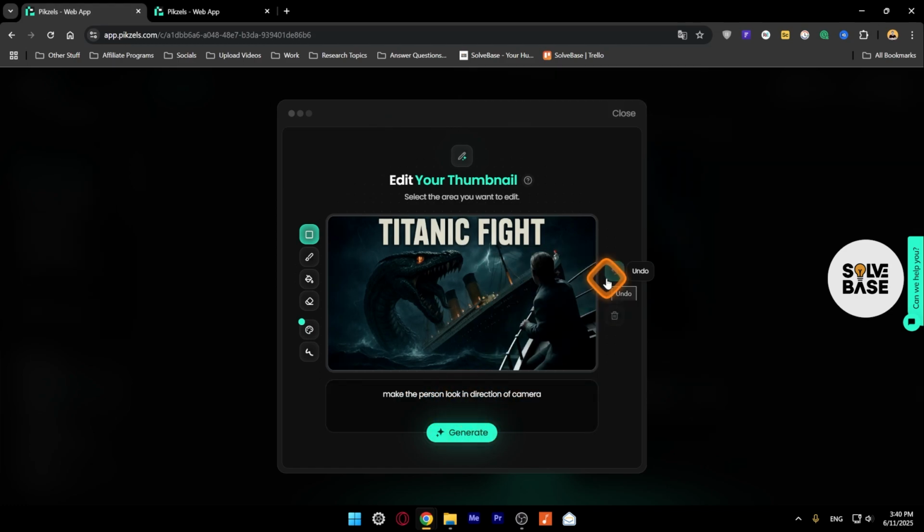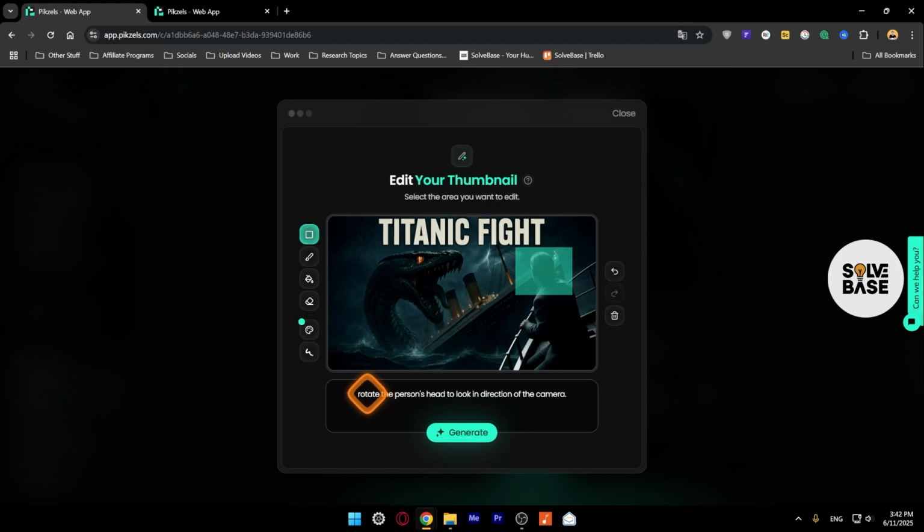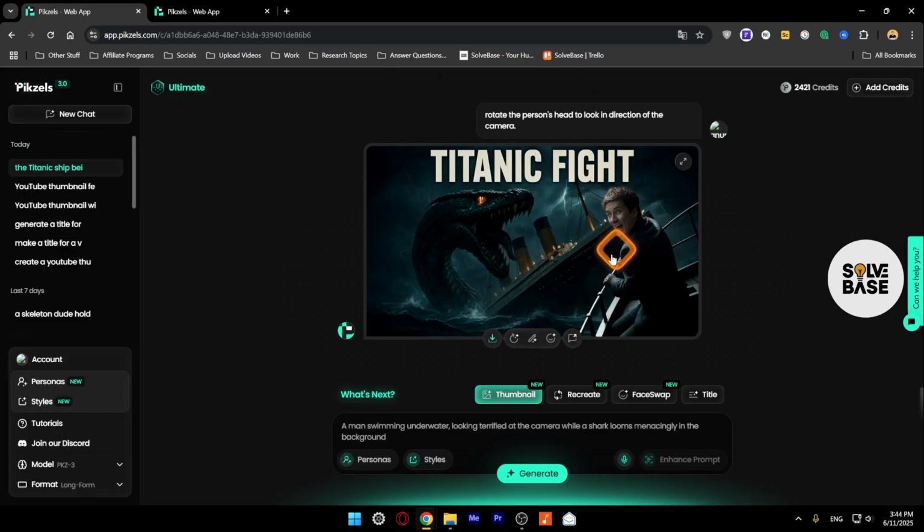Now it has generated this, and I'm going to edit it again. It looks great, but I want this person's head to look in front of the camera. So I'm going to mark this face part over here and type in the prompt field on the bottom. Rotate the person's head to look in direction of the camera and click on generate. All right, so as you can see, our person is now looking at the camera, and now we're going to